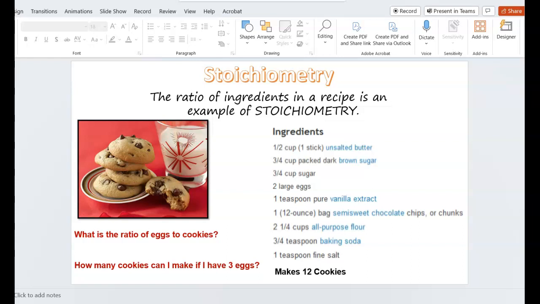And so Unit 6 is all about stoichiometry, which is basically dimensional analysis or factor label method. It's a math strategy that's called stoichiometry in chemistry because it applies to a chemical reaction. But what it allows us to do is to take those chemical reactions it sounds like you've been working on,